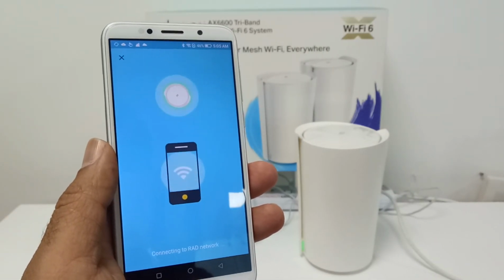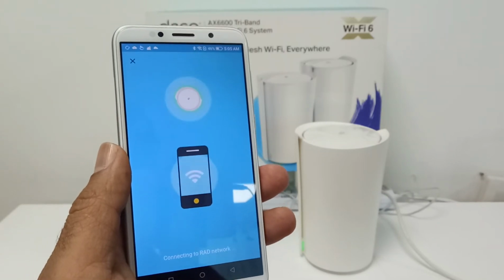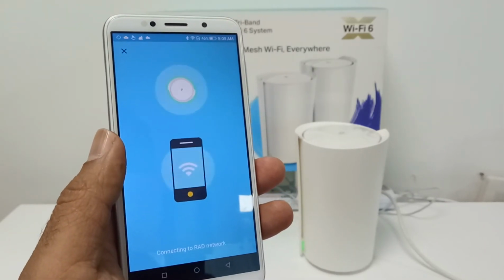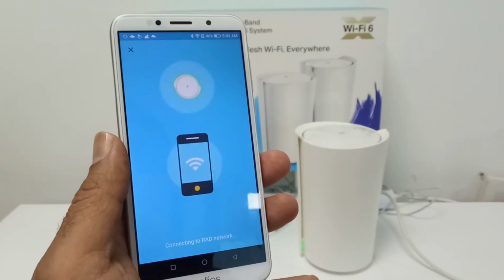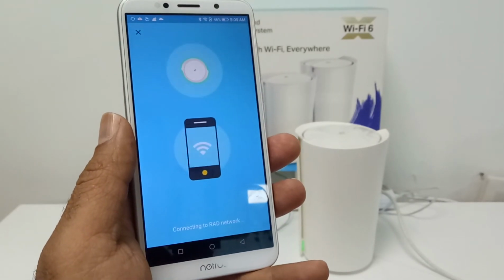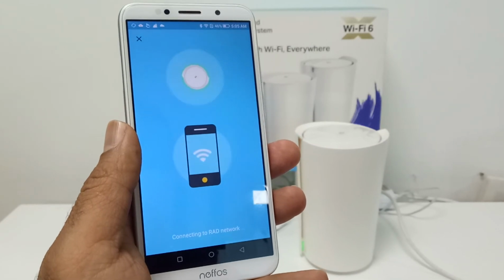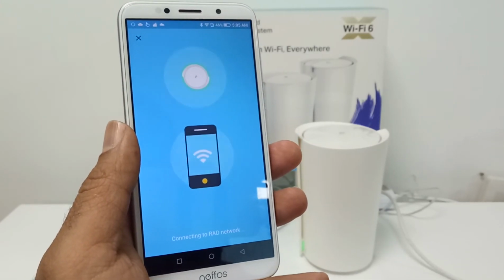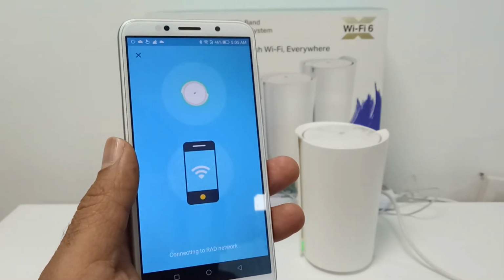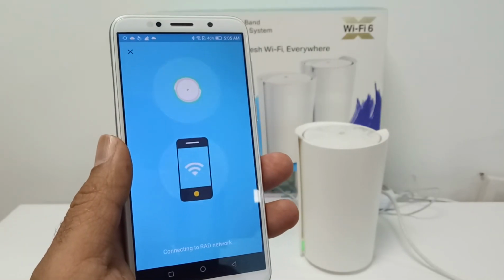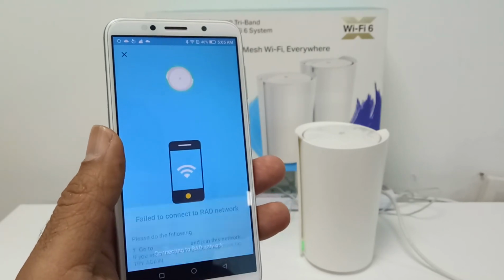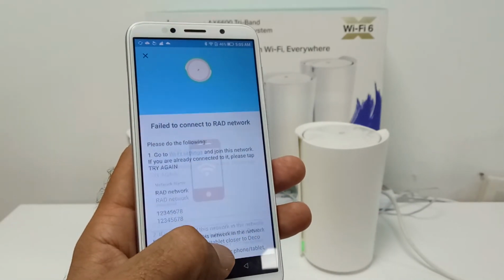After that, our one Deco, the master one which we configured, is ready for the internet. You can just wait a few seconds and your mobile will connect automatically to the network you created in the Deco application.